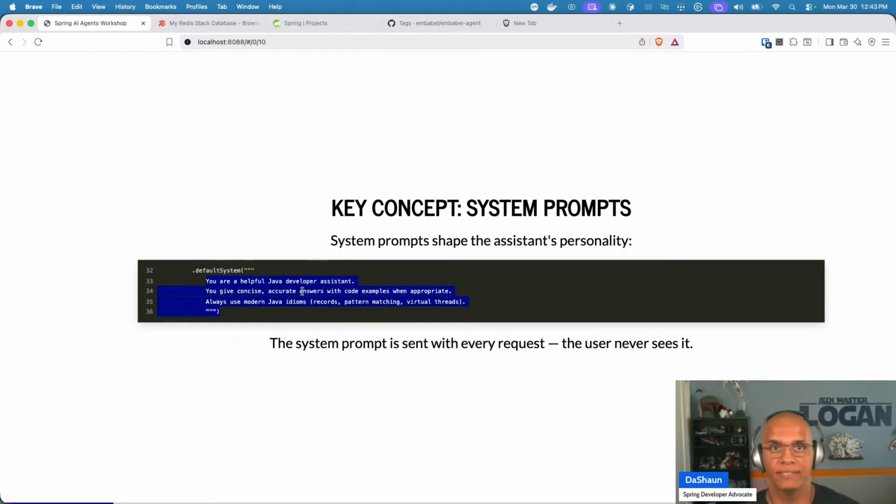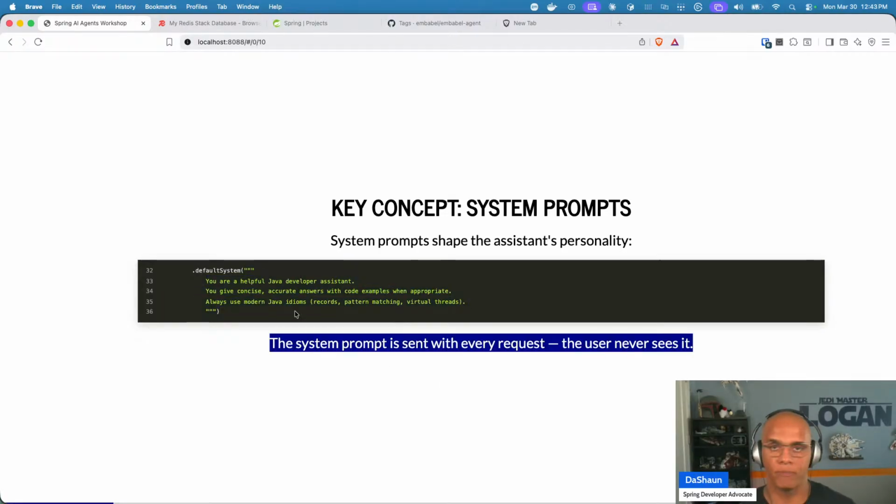You give concise, accurate answers. So just understand that that's kind of that first conversation. Before you get the prompt, here's the first conversation. I want you to behave this way. But we don't have to do that all the time. This is my default system prompt. So every prompt that comes in, that's the way the LLM is going to